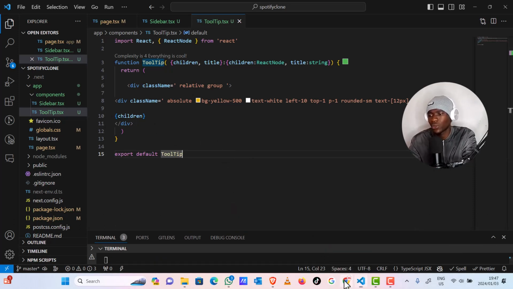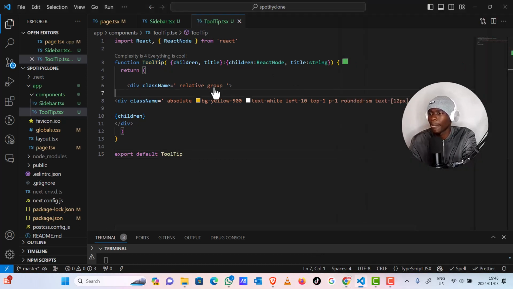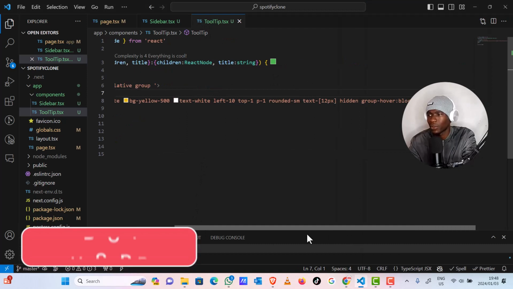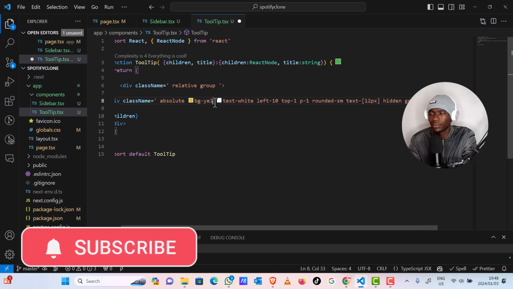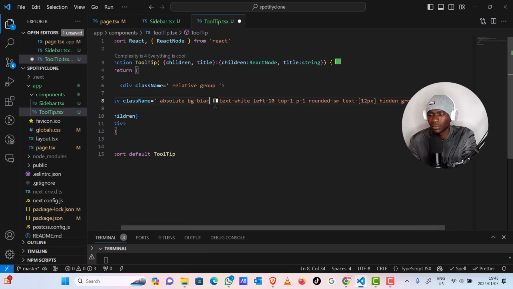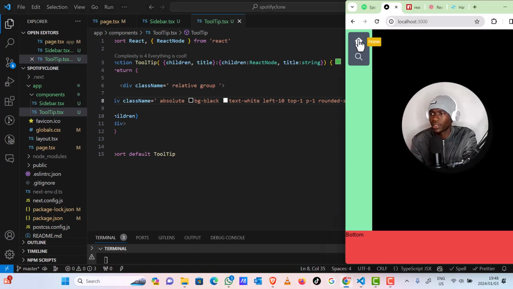Let's continue now. We are done with this. Let's change the color. We don't want it to be yellow. I think we are done with this. This is highly reusable. Black and black, black and black. Now, guys, let's